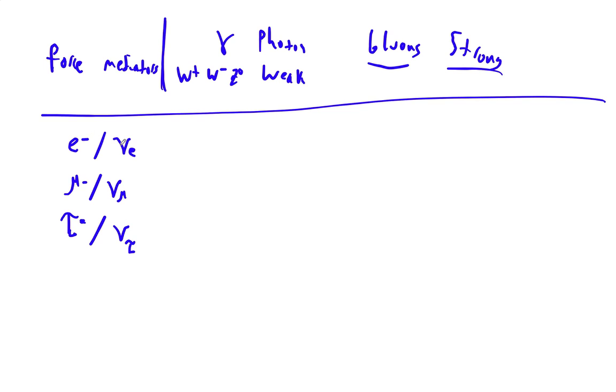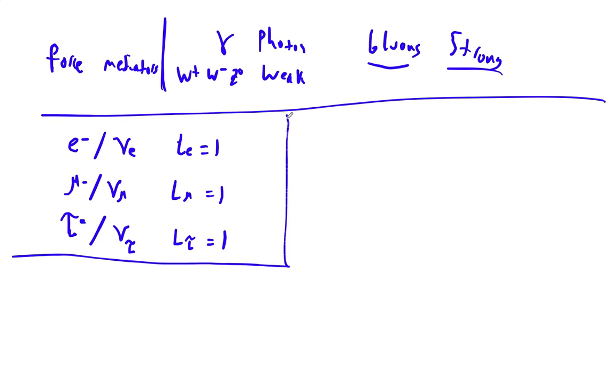These guys have charge, these guys don't, but they all have a lepton number of 1. This has a muon number of 1. These both have a tau number of 1, and they're antiparticles. Everything about the antiparticle is the opposite. So for example, a matter strange particle is -1, and the antimatter strange particle is +1. So these things are fundamental particles.